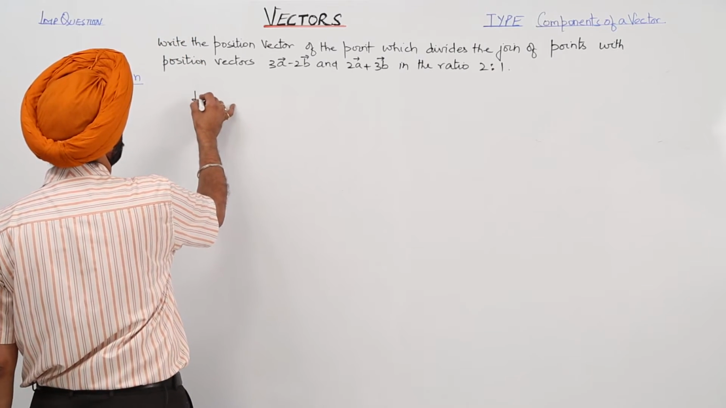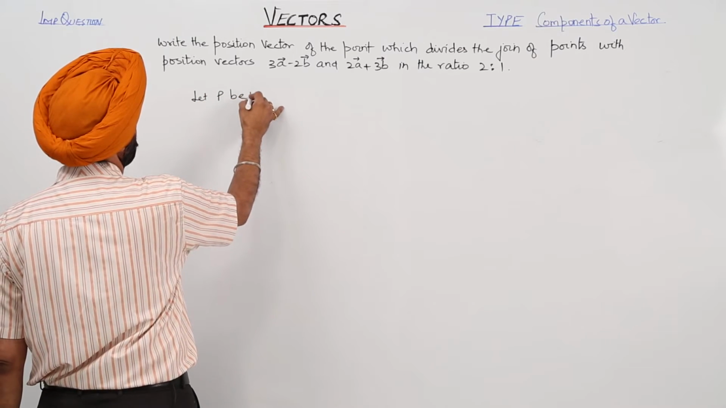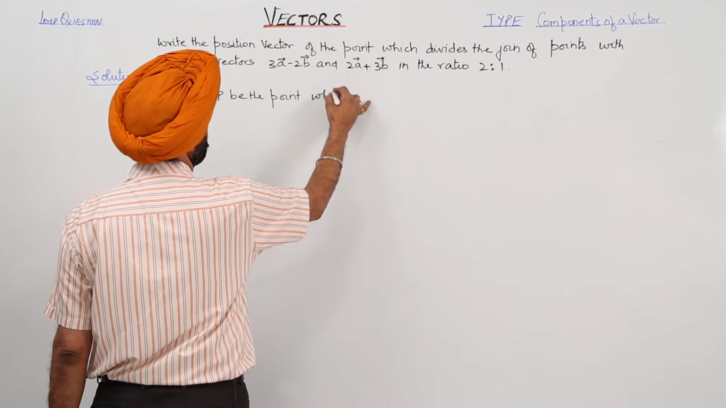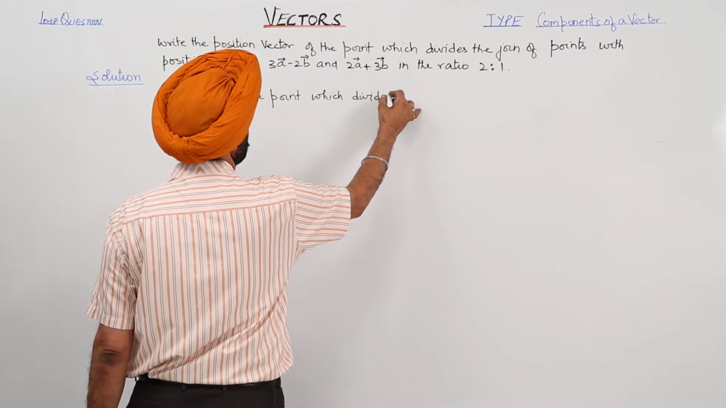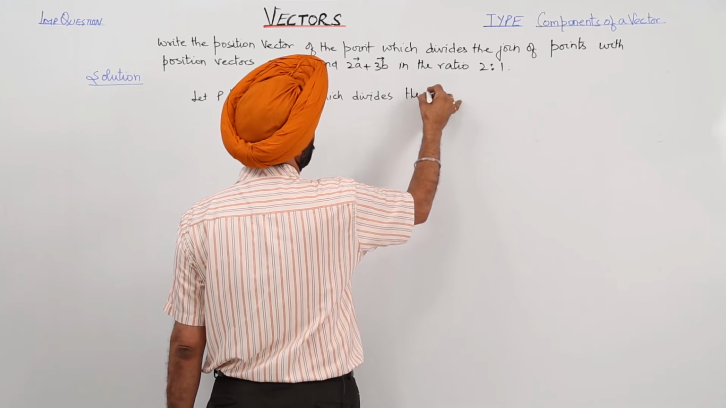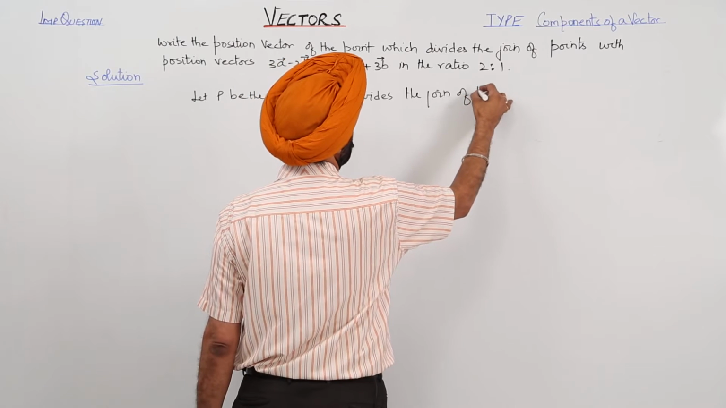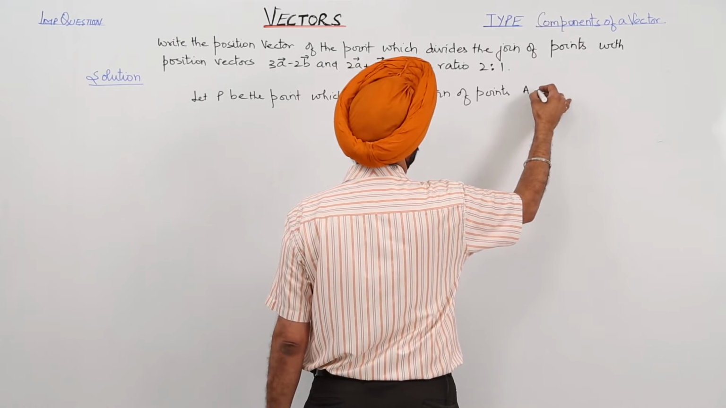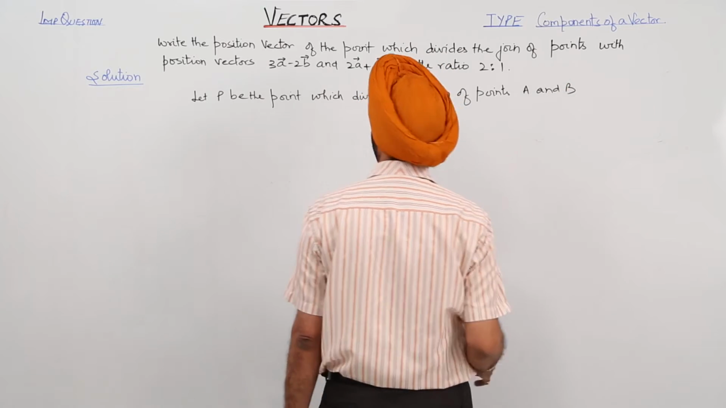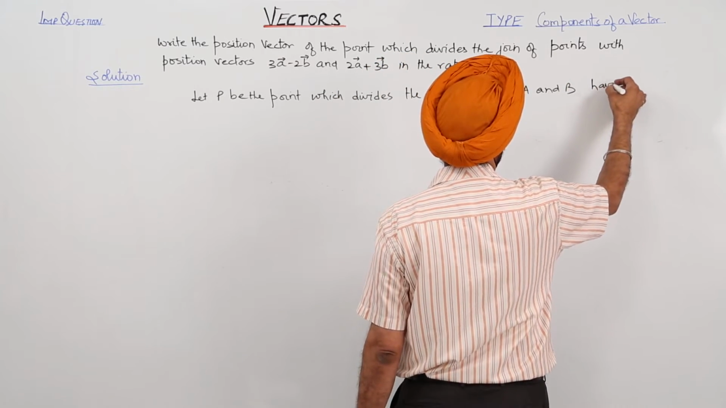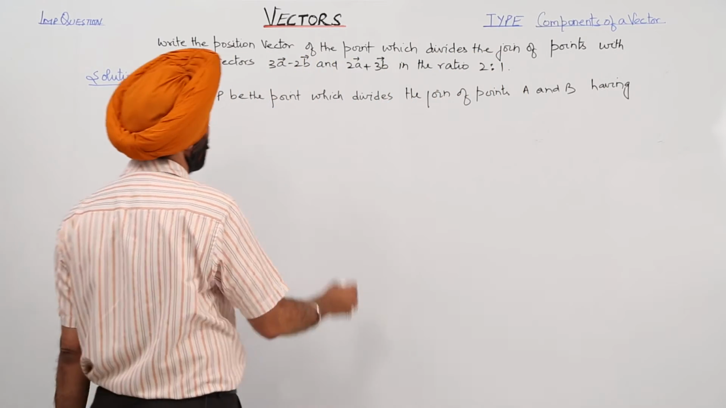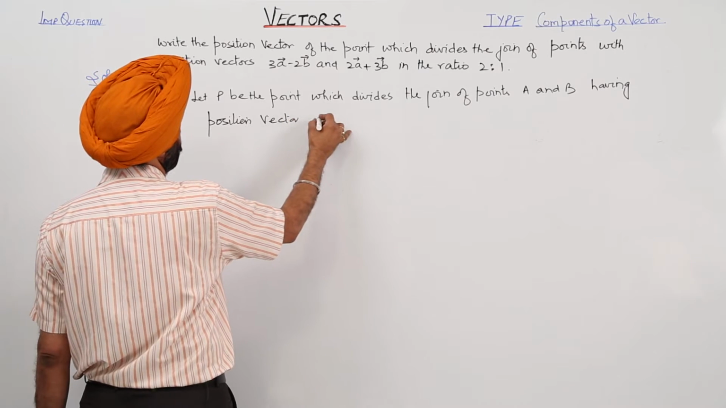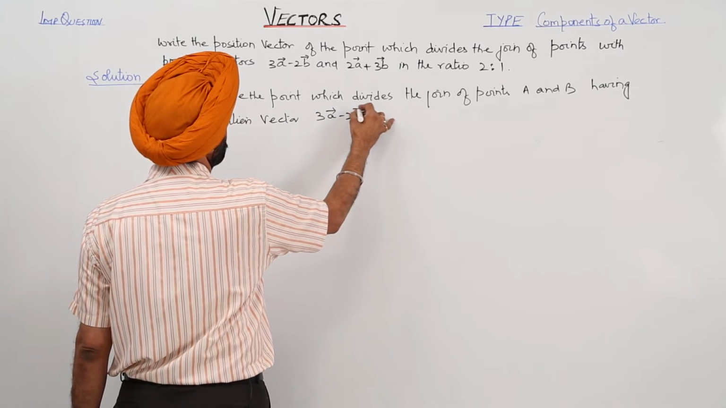Let P be the point which divides the join of points A and B having position vector (3a minus 2b) and